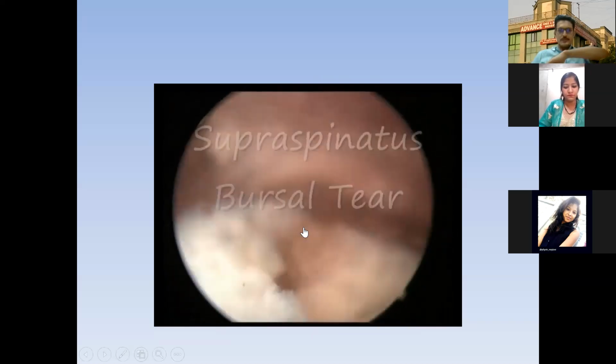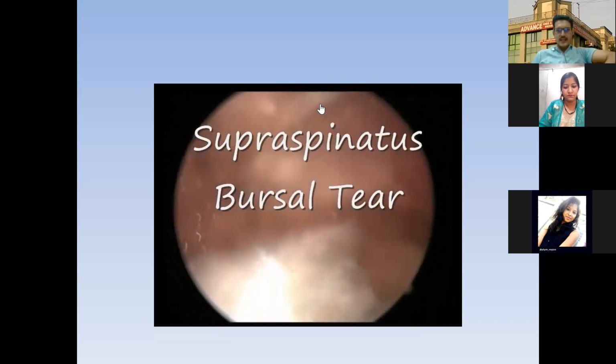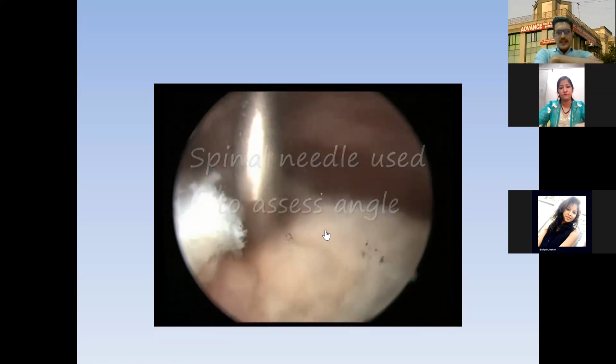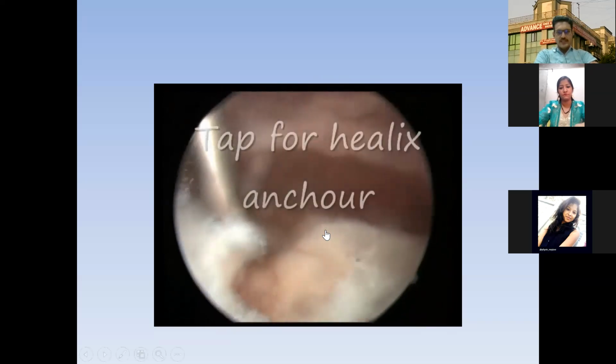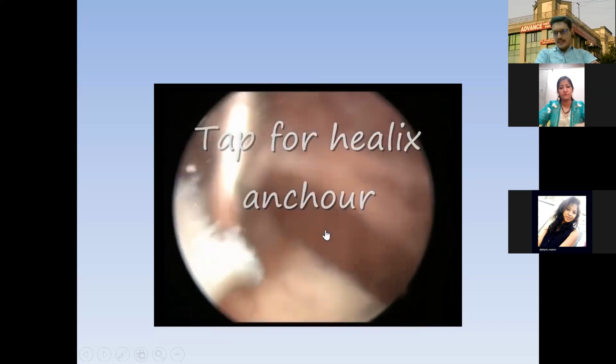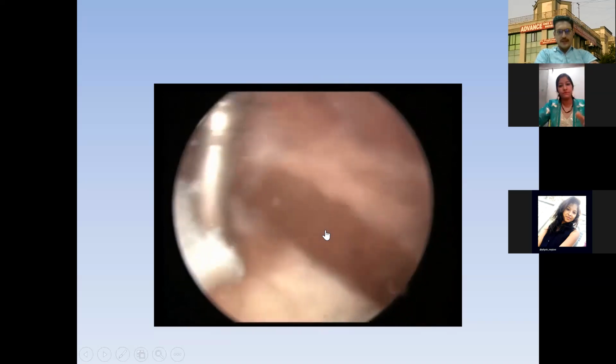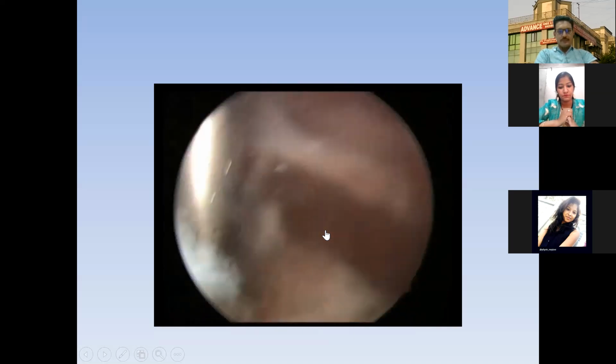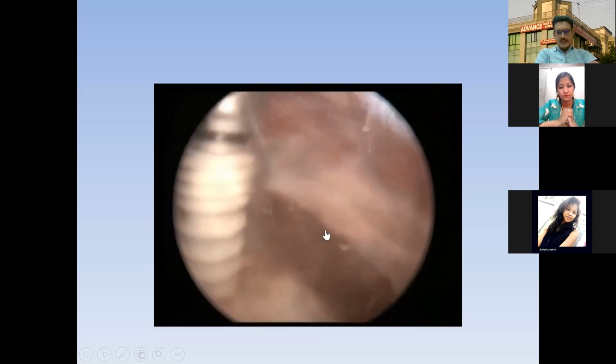And what we will do is we insert special anchors. So when we insert special anchors, these are the inserters for inserting the anchor. So these are special anchors which dissolve on their own. So this is a dissolvable anchor. So these are the inserters we put, and after that we will put an anchor here. So this is the special anchor.